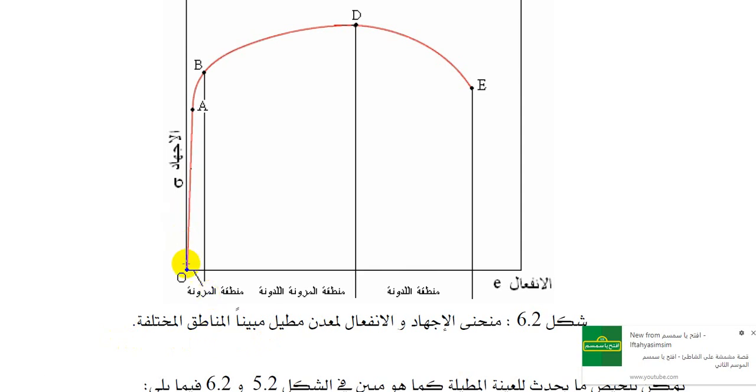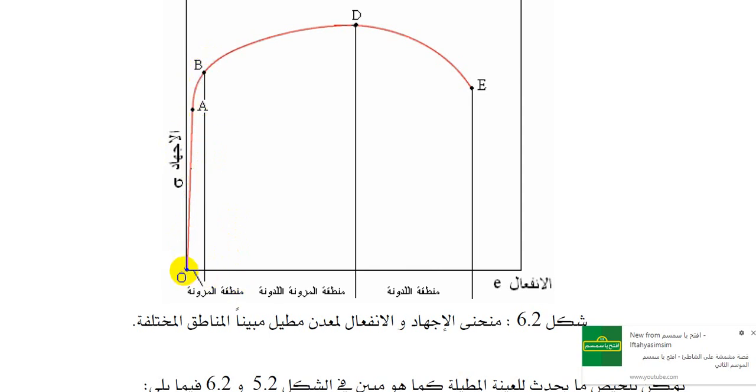As you can see right in front of you, from the point of origin from which the stress strain curve is launching, with the stress and strain axes orthogonal, or perpendicular to each other. This is the proportionality limit, launching from the origin till a certain point called the point of yield or the upper yield point. As you can see, the upper yield point is B, as illustrated in the figure, and